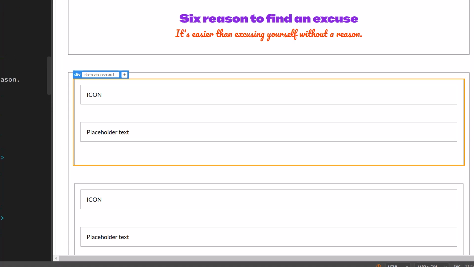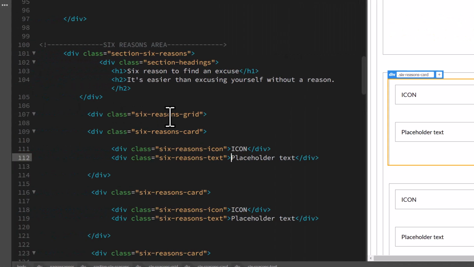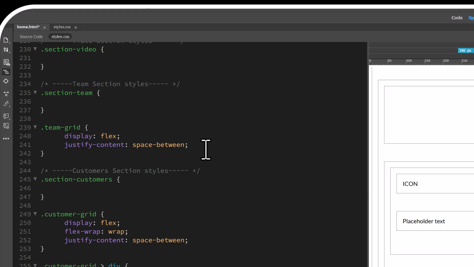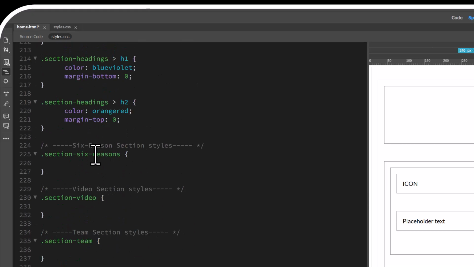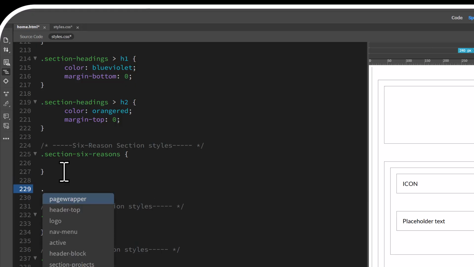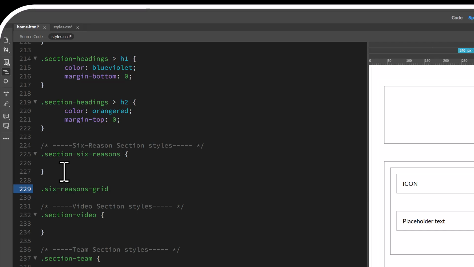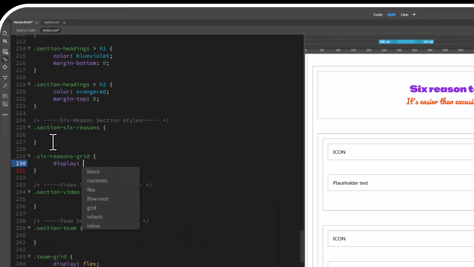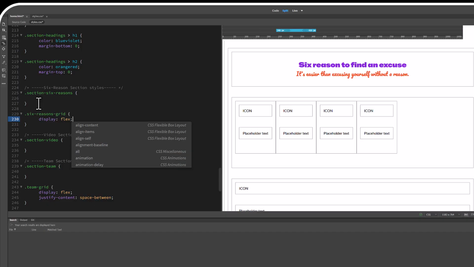And now I want to go to the parent, and that's going to be the 6 reasons grid. Oh, section, video, section, there, 6 reasons. 6 reasons grid, and we'll display flex, and